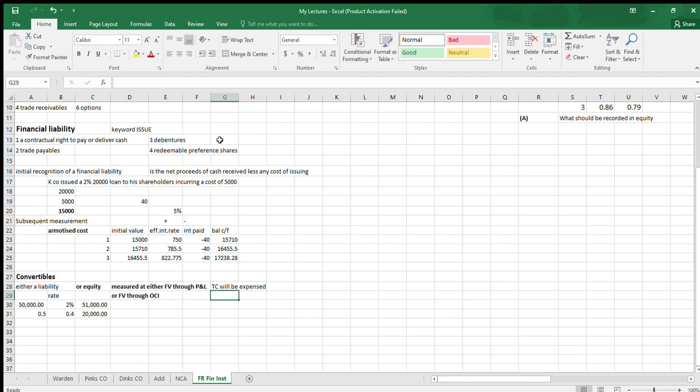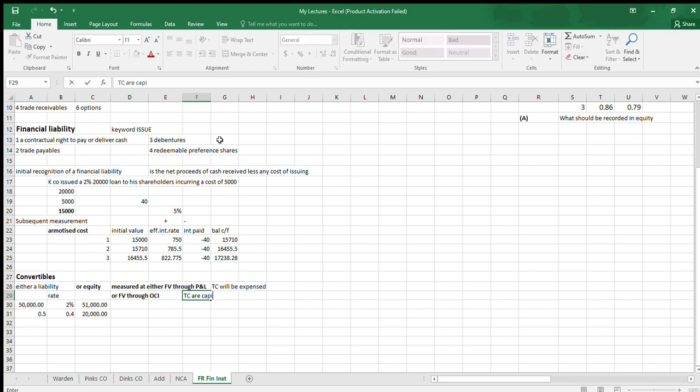Transaction cost will be expensed. Are you getting me? And are not included within the initial value of the asset. So transaction costs are not included. The investments are then revalued to fair value at each year end, with any gain or loss being shown in the profit or loss. That's all. So the only difference from the other comprehensive income is that the transaction costs